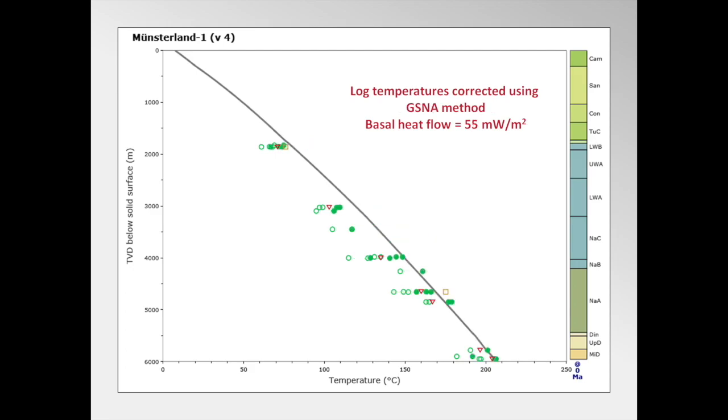NOVA also offers the GSNA method, which was developed in the late 1960s by combining data from the Permian Basin of West Texas and the Gulf Coast. Many of the wells were deep, so corrections are available far below the base of the Münsterland 1 well. The amount of GSNA correction depends only on the depth at which the temperature was measured. Corrections are generally smaller than with the MYMX-DK method, and true temperatures are therefore lower. In this case, the profile is fit using a basal heat flow of 55 milliwatts per square meter compared to